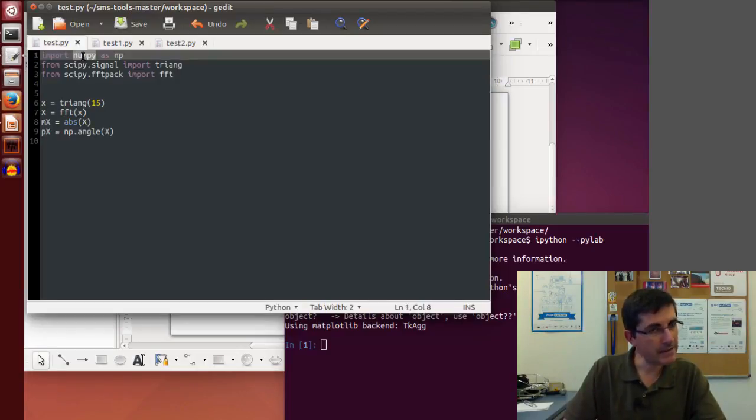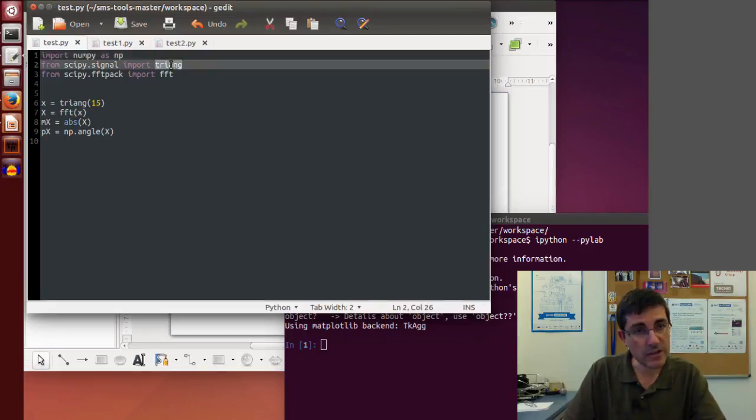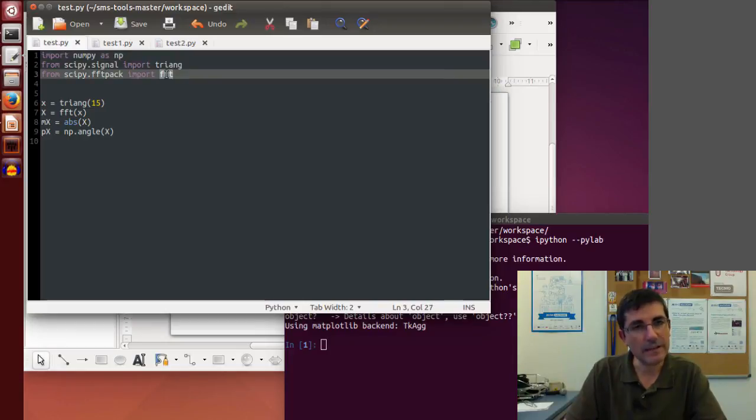NumPy, the standard array processing package. Then I wanted to use a triangular function, so I got that from SciPy. Okay, so I imported that function, and I want to use the DFT implementation in Python, the FFT algorithm. So I get that also from SciPy, from the FFT pack. Okay, now we